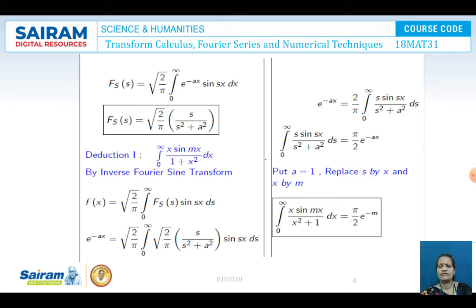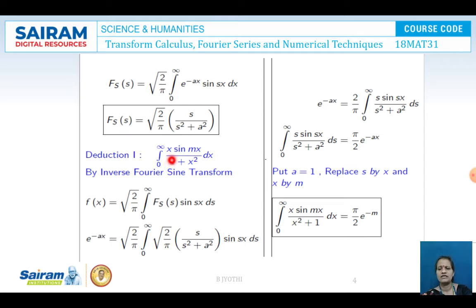So we will replace the function as e to the power of minus ax and it is 0 to infinity. So directly we can substitute with b divided by s squared plus b square, that is, b is s here and a is minus a, therefore s divided by s squared plus a square.